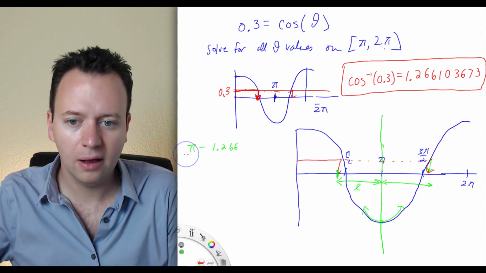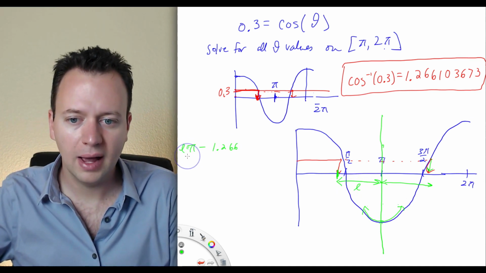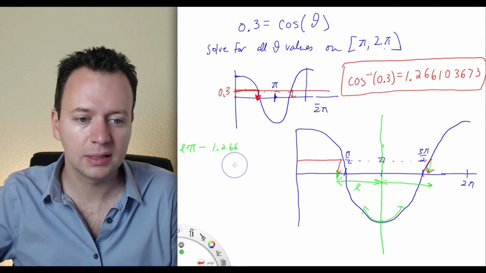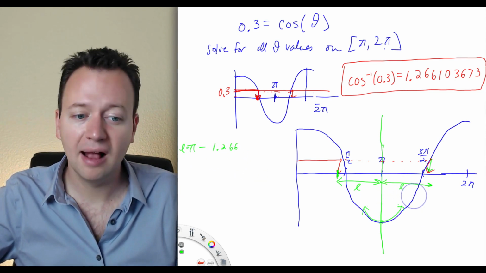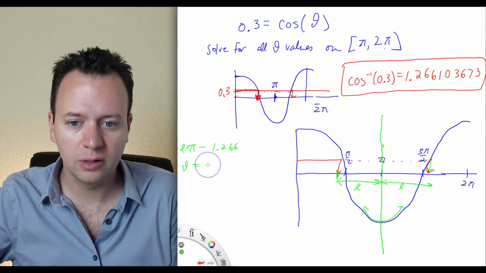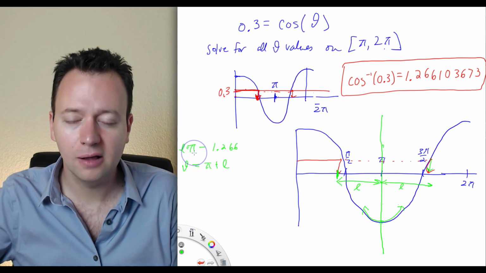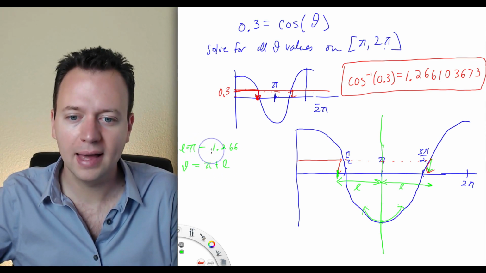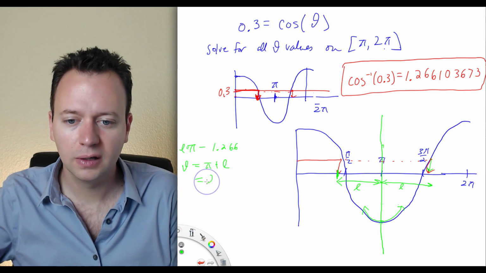We'll call that L. So L is equal to pi minus 1.266. Now this length is also L, so our second root, our theta value, is going to be pi plus L. Well, pi plus L is pi plus pi minus 1.266, so that's 2 pi minus 1.266